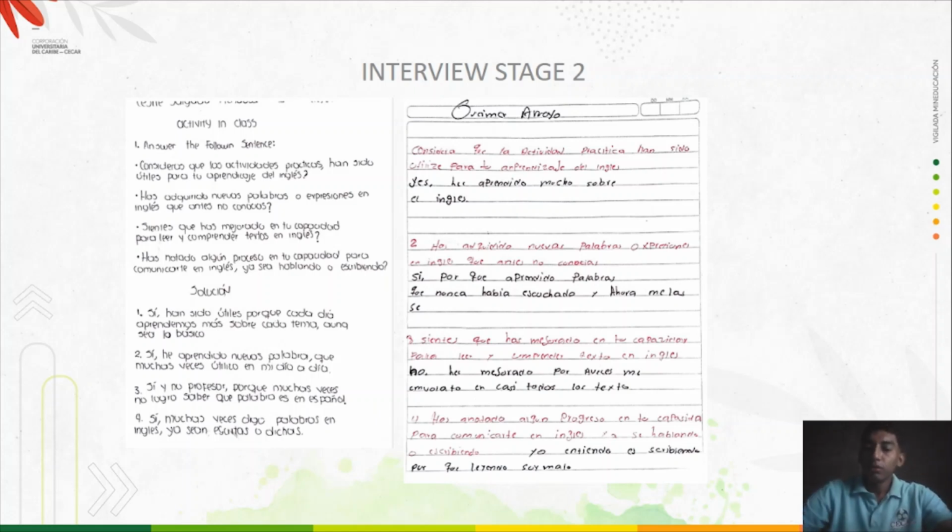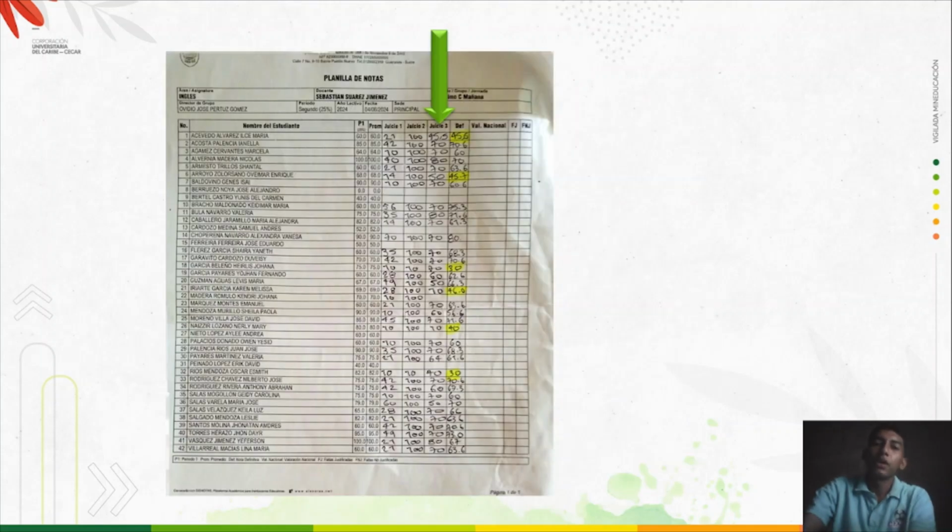So in this aspect, they are growing in the assimilation of the language, because these questions are not summative, they are qualitative. Well, this is stage number 2, as I said before. In this part you can see the advance of the students, and this graphic shows how they are reaching a higher level.